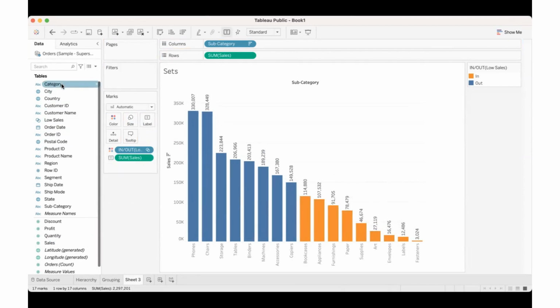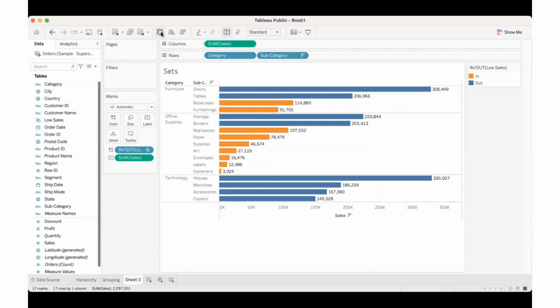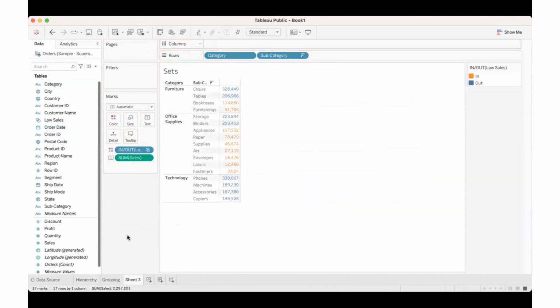Now if you want to check the category, we can drop the category. Remove the sum of sales. It will show the below sales that are in the low sales as orange, and the ones that are above the sales threshold as blue. Similarly, if we drop it over here,